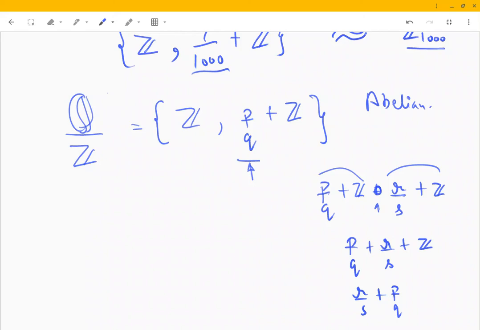Because if it was cyclic, then it should have been isomorphic to Z. Is Z a cyclic group? Yeah, one is a generator. Can one generate all the elements? Okay, so this is an abelian non-cyclic group,